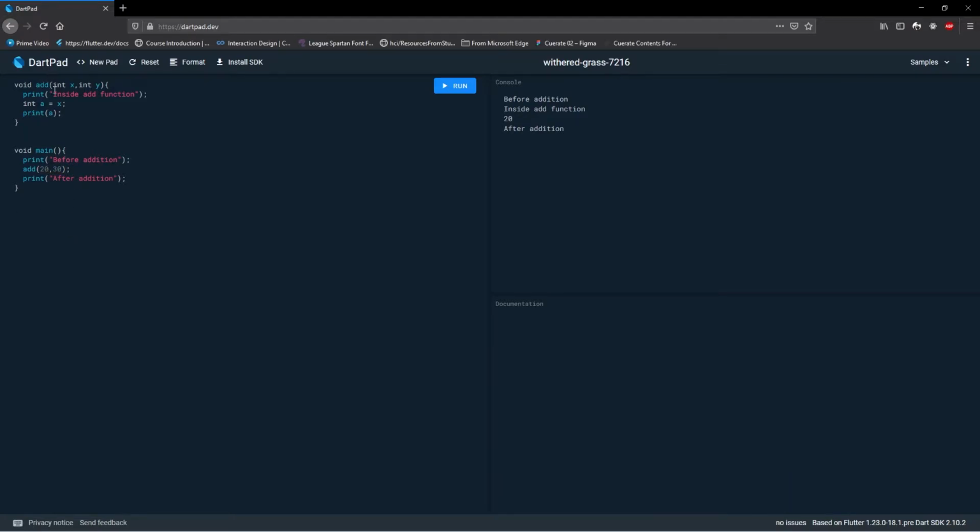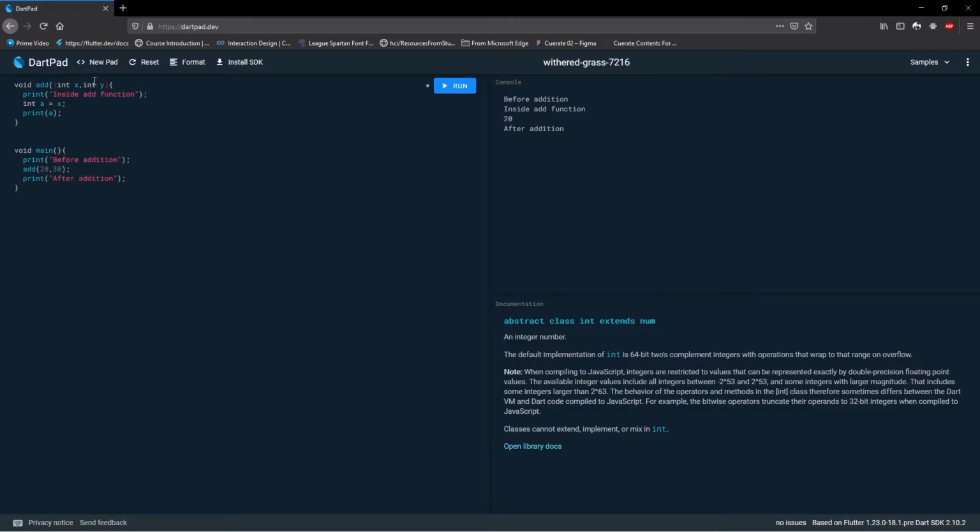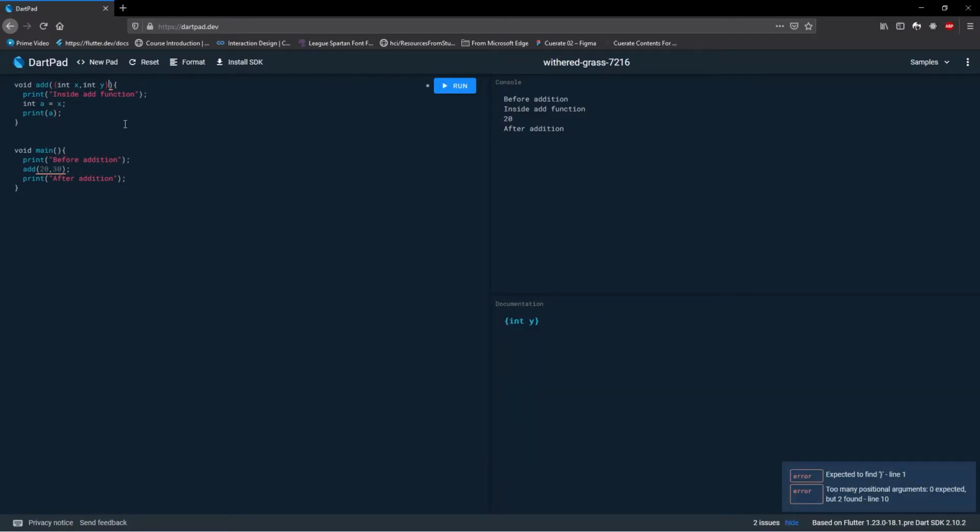So in case you want to have optional arguments, or you want to specify which variable gets what value, if you want to have more control over what is giving what value, you are going to use named parameters. So this is how you do it.